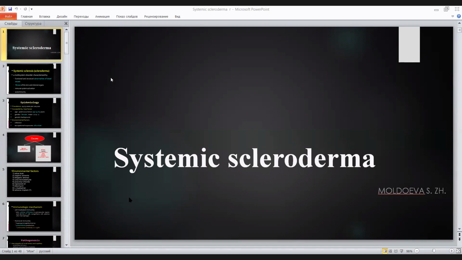If you remember, students, in SLE, in the common situation, 90% of the patient's body is affected: internal organs, skin, joints, you know about this. In systemic scleroderma, also 90% of the body of the patient will be affected. That's why when you find a disease name like systemic in rheumatology, it means there will be a big change of the body. First, as usual, this disease is also autoimmune.